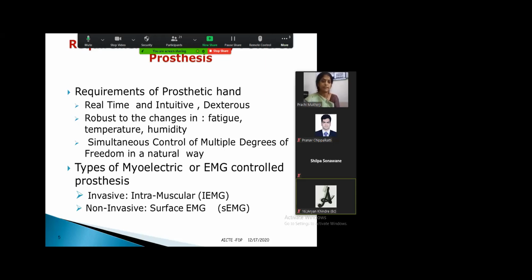and we have taken the surface EMG signals. As you can see, there are two types, invasive and non-invasive. We have taken the data for surface EMG signals. We also created a hardware setup for collecting this data ourselves, but it was very noisy. So then we went to an existing database, which is there, and our work is still continuing. We are still collecting data from the amputees.